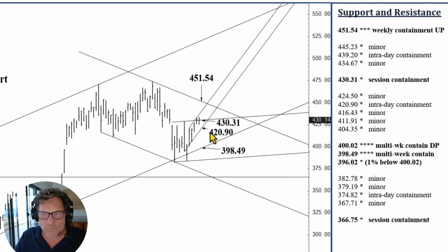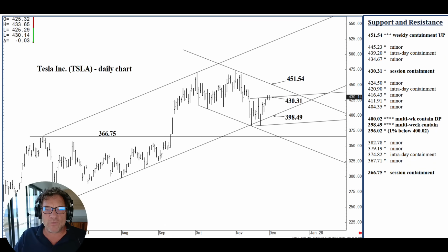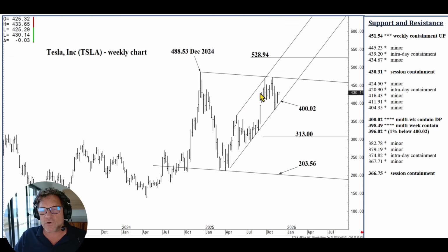And yet, if we do close today below 420.90, we've got a good high for the week. Over the next 2 to 3 days, we fall back into this 398.49 area where we can bottom out, as I say, through the rest of the year and even through the first quarter. This is an 8-month channel bottom, able to contain selling through Q1 and above which 528.94 likely over the next 2 to 3 months. Now, if we do close the week below 400.02,